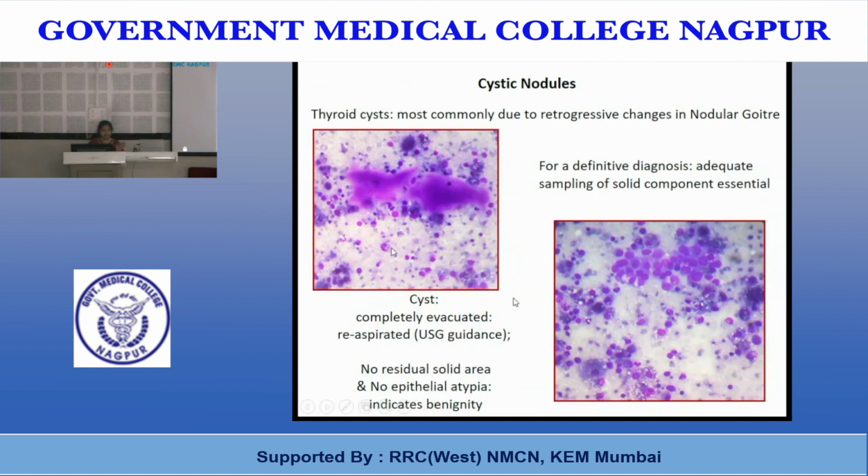You can see the same picture: debris, the macrophages, and along with it you have colloid and a sheet of epithelial cells. For a definitive diagnosis, I'm repeating that adequate sampling of the solid component is essential. So evacuate the cyst and re-aspirate under guidance from the solid area. If there is no residual solid area, and the epithelial cells do not show atypia, then it indicates